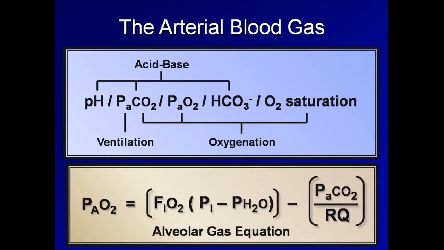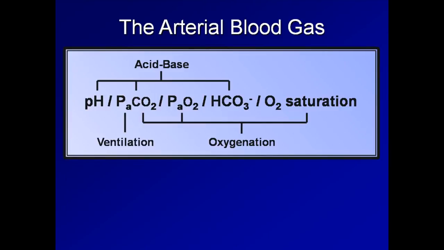The alveolar gas equation allows one to calculate the alveolar oxygen tension, denoted here as P big AO2. The difference between the calculated P big AO2 and the measured P little AO2 is an important physiologic parameter known as the AA gradient, which provides important information regarding the adequacy of a patient's alveolar arterial membrane through which oxygen and carbon dioxide diffuse. One last point about these values from the ABG concerns how they are determined by the